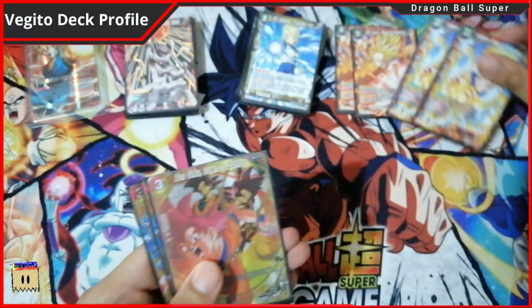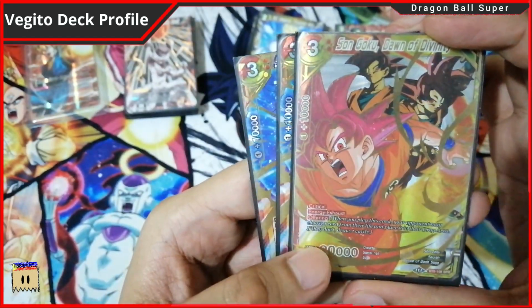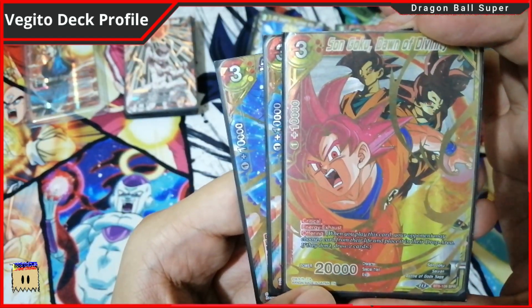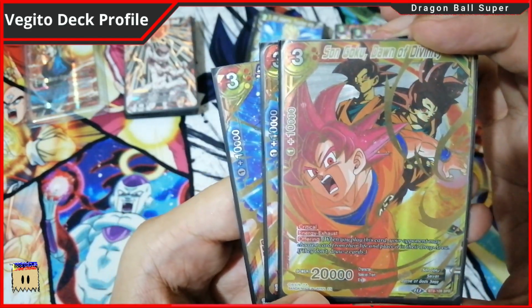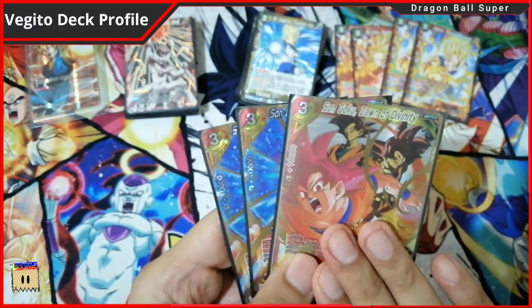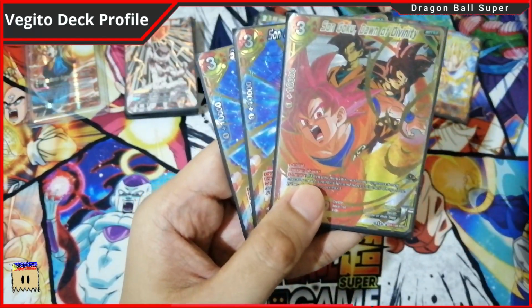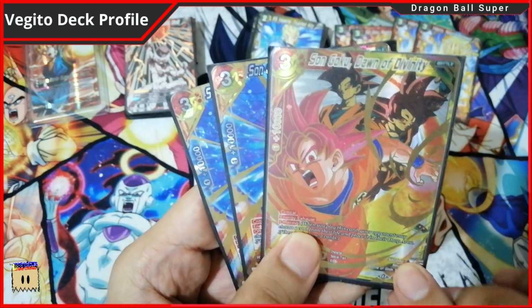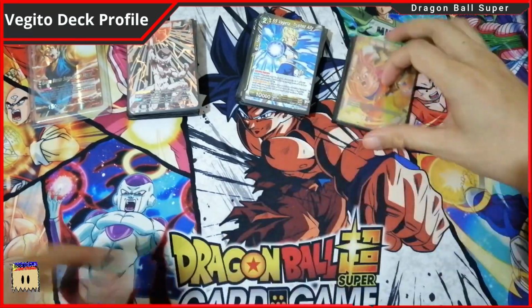So yeah, and of course this is BT8, this offering card that when you play this card, either your opponent may choose 1 card from their life and place it in the drop area, or you draw 2 cards. So this is a red-yellow card. So basically it will be a 4 color card because this is a Saiyan Goku. Right, let's go for the 4 drops